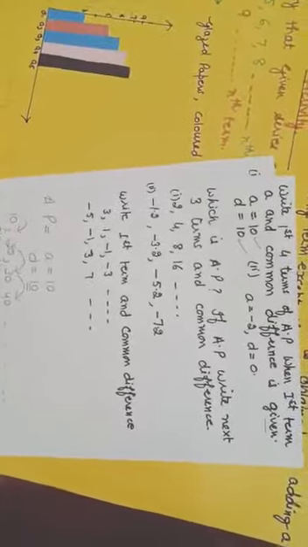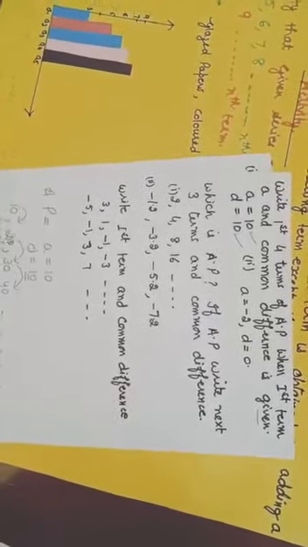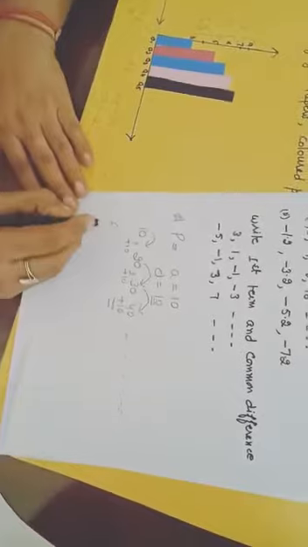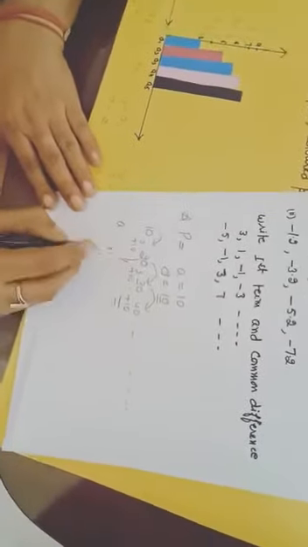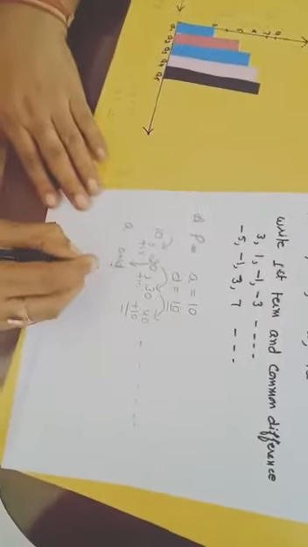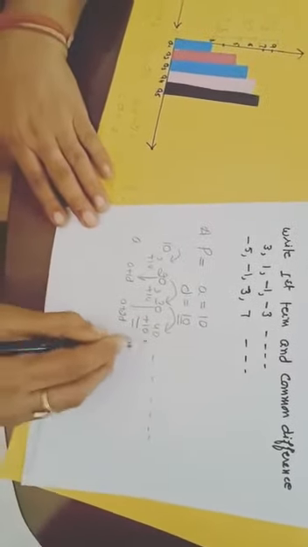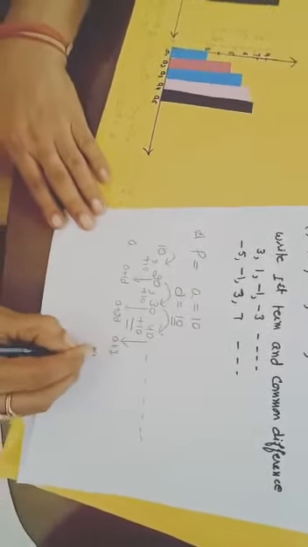So according to the definition, it is a list of numbers in which each term is obtained by adding a fixed number to the preceding one. Understand? We can write so many terms like this. Or you can do another way: this is A. How do we get it? First A plus 1d. Then A plus 2d. Then A plus 3d, and so on, A plus 4d, A plus 5d.